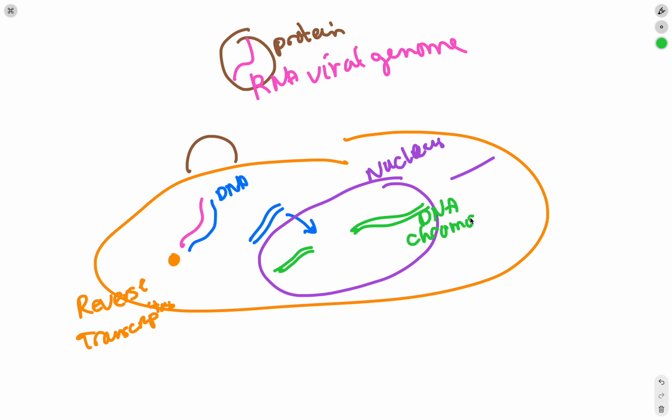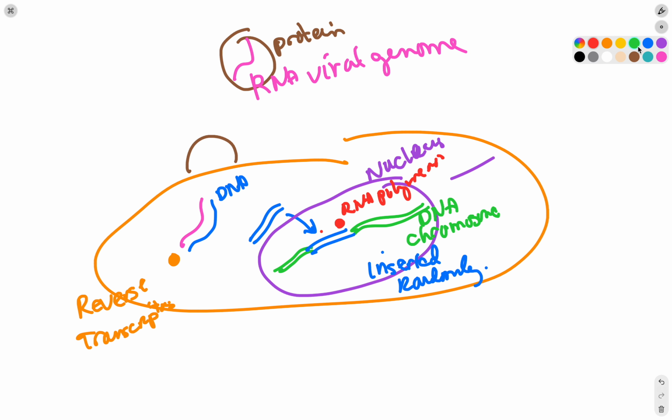That's what chromosomes are made of. And so we'll get that inserted, and it's going to get inserted randomly. Okay? So then the next step is that our regular familiar RNA polymerase is going to bind there like it does, and RNA polymerase is going to transcribe in a normal way this viral genome,